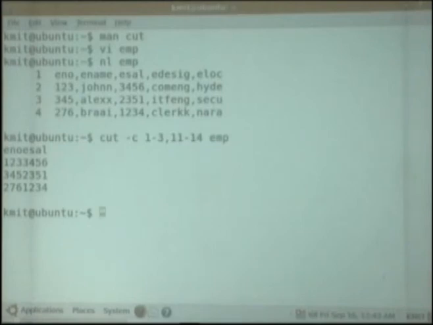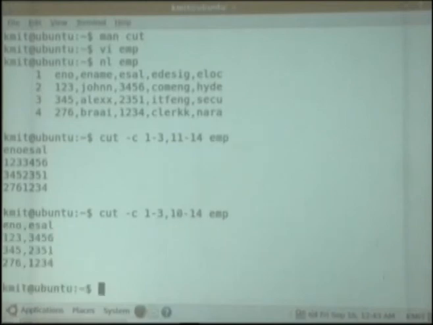But if I want the comma also in between them, then I think I have to start from 10 here. Yes, started from 10. So it includes this column also, the 10th column, which is the comma.